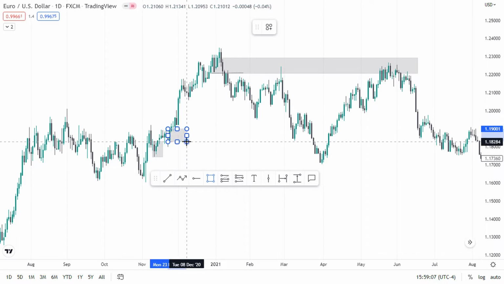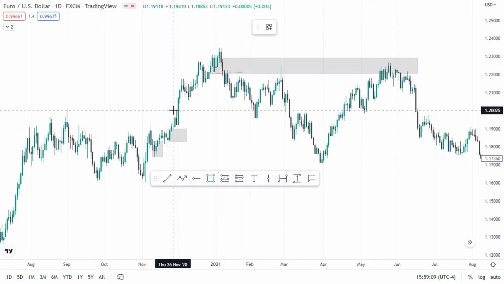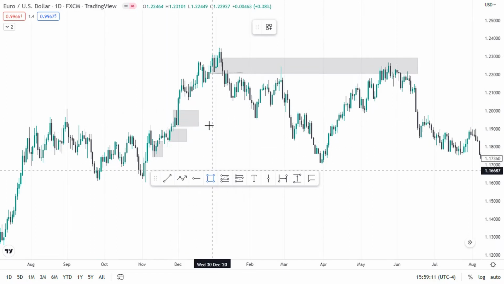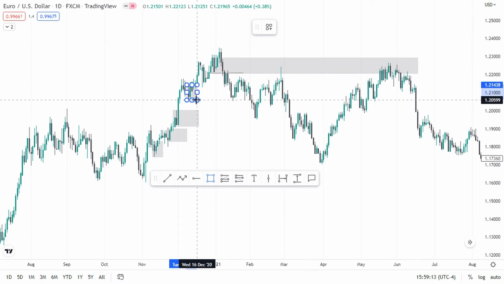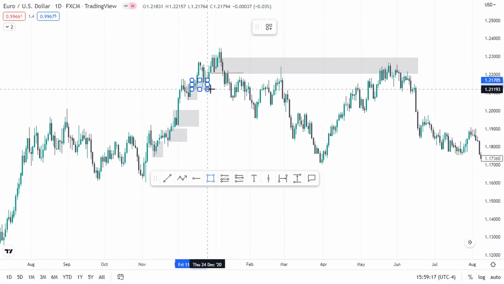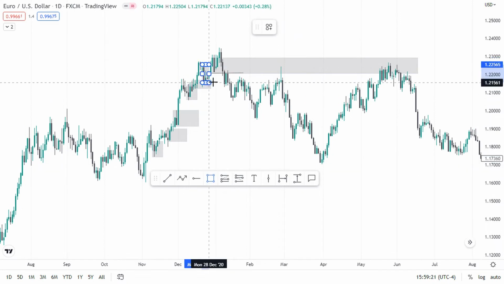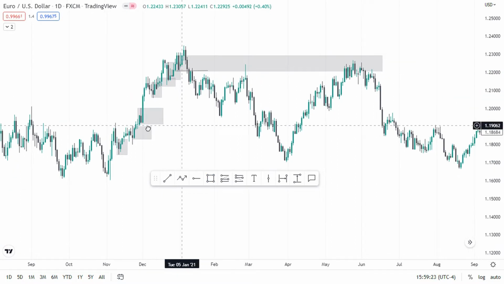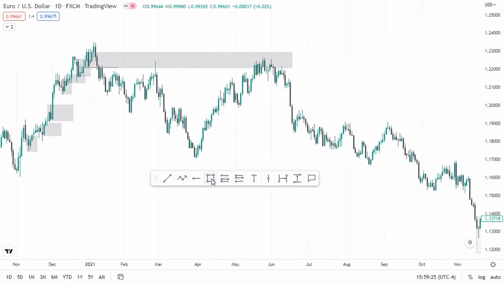This will be an order block. This is an order block. Order block. Order block. And likewise, in the downtrend, if we're marking this also, all the bullish candles become the order block